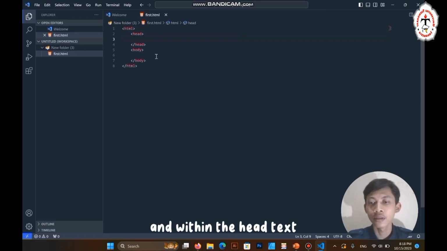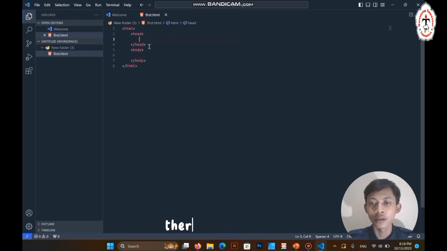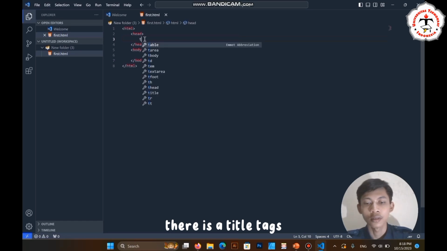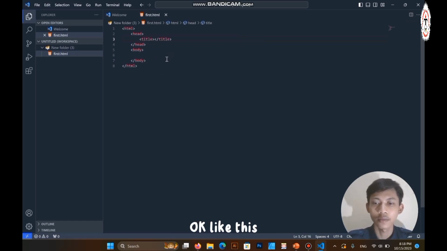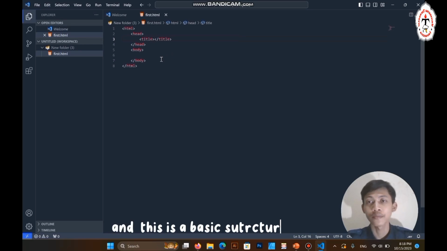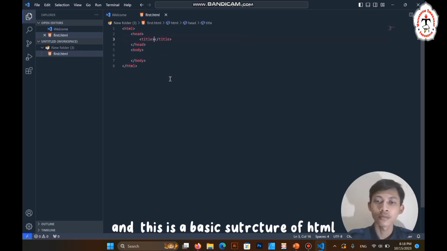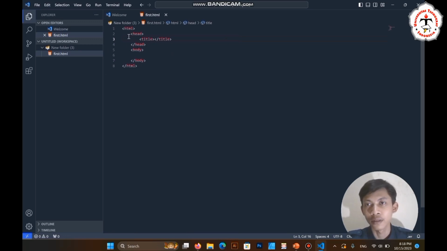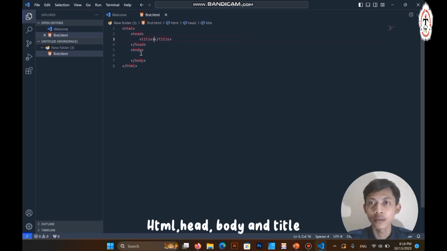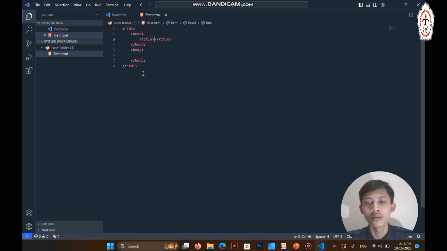And within the head text, there is a title text. Okay, like this. This is the basic structure of HTML: HTML, head, body, and title.